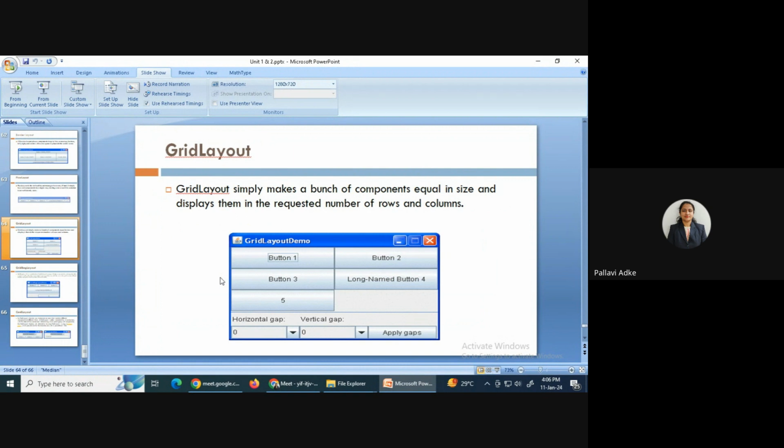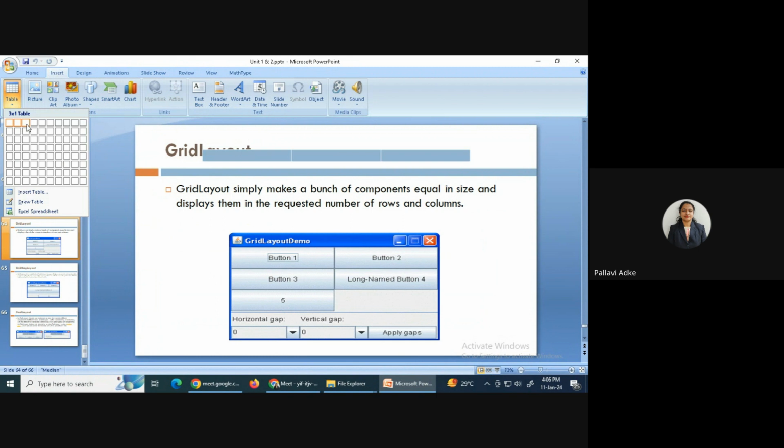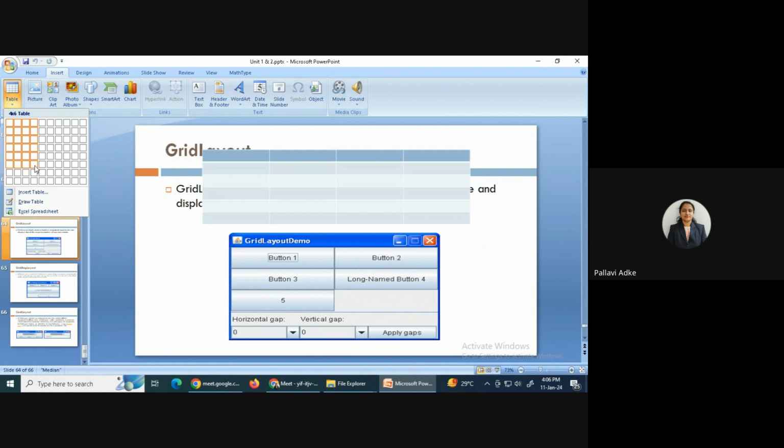So this flow layout we have seen. Then the third one is a grid layout. Okay. So grid layout simply makes a bunch of components equal in size and displays them in a requested number of rows and columns. So what they are doing, it will get divided into equal sizes in the requested number of rows and columns. So I can say here that I want, how do we used to do it, right, insert table. Okay, so how many rows I want, how many columns I want, I can write it in my